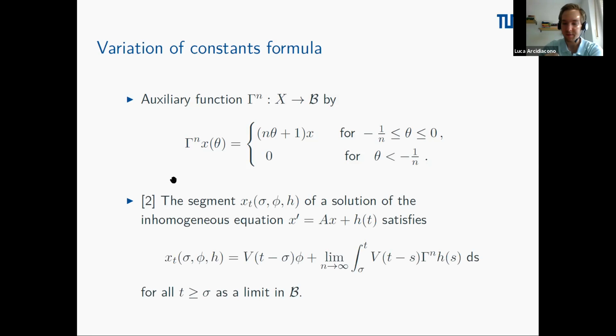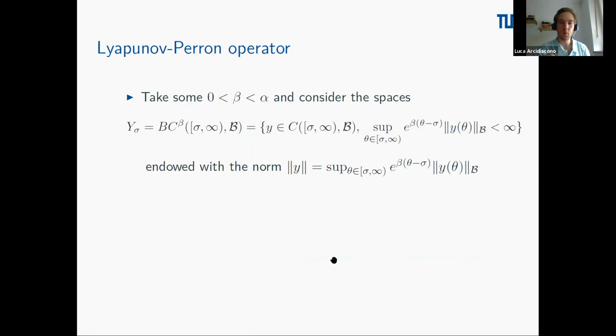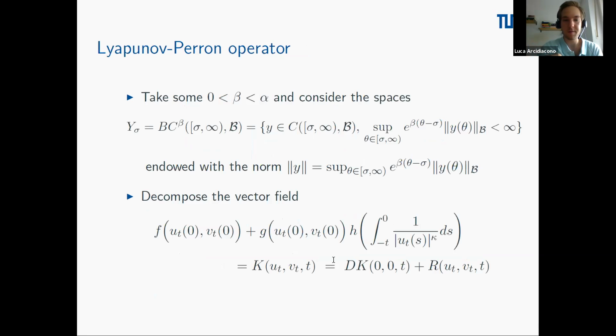So in the space of history functions, which is very similar to the normal variation of constants formula, but includes here the auxiliary function gamma and a limit. Well, and then using this variation of constants formula, it's quite straightforward to define the Lyapunov-Perron operators. We will work again on exponentially bounded spaces with a norm that is exponentially weighted and depending on